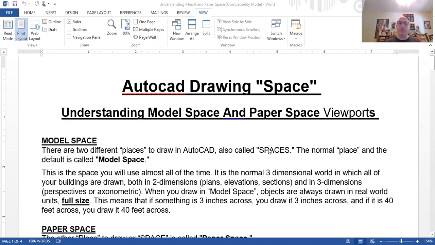So if you're drawing a gear or a pen or a stapler, it's going to be small. If you're drawing a house or an office building, it's going to be really, really big. You don't change the scale of the drawing like you would have done with hand drafting. And so in model space, everything exists full size, but paper space is if you imagine the piece of paper